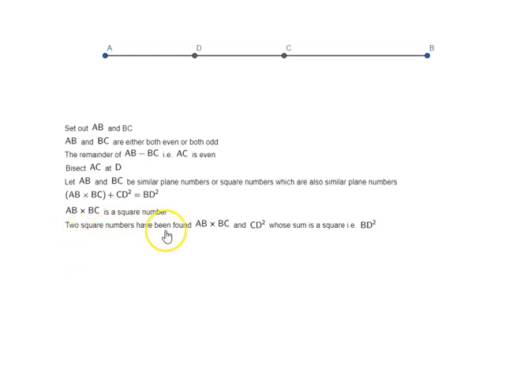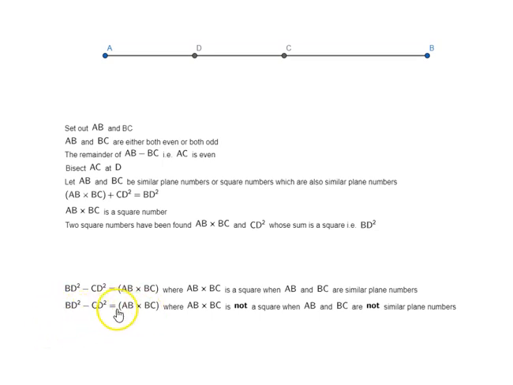So which means two square numbers have been found, AB by BC and CD square, whose sum is a square, that is BD square. So AB by BC is a square number, CD square is a square number, and BD square is a square. So a square number plus a square number is equal to a square number. Which is the purpose of this lemma. Now, based on this, we can also say BD square minus CD square is equal to AB by BC, which is also a square. When AB and BC are similar plane numbers, and